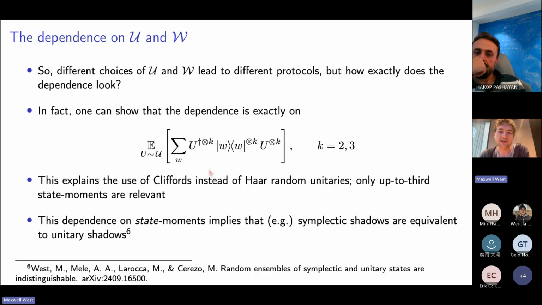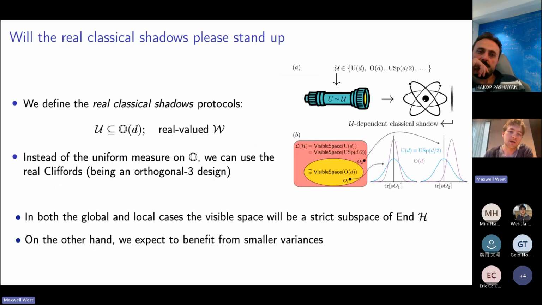This is independently a little interesting. A nice way to think about it is, if you have random unitary matrices or symplectic matrices, and you only look at individual columns, you can't tell the difference. The columns being these random states. The only difference is in the correlations between the columns. I don't know, that's pretty cool. Except in the case of classical shadows, it means that symplectic shadows are kind of boring because the dependence enters only through this term, and this term is the same for symplectic shadows and full unitary shadows. But it's not in general the same for the orthogonal group.